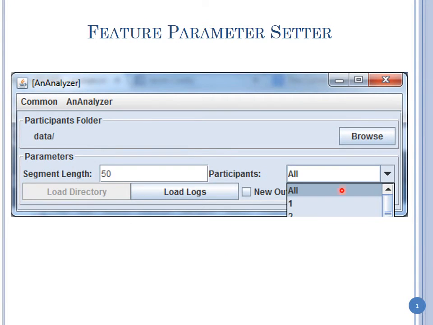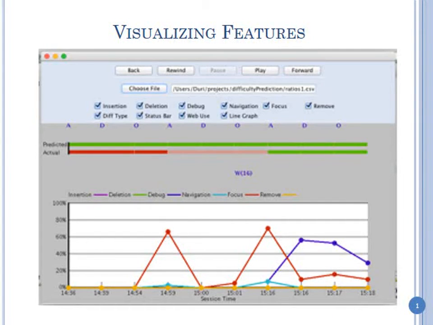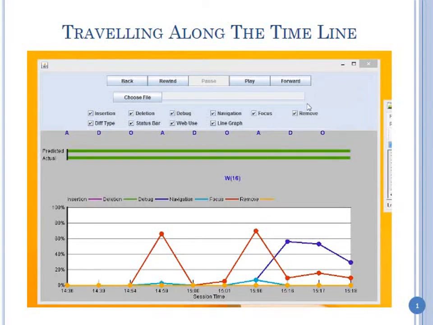We have developed an interactive tool that allows feature parameters to be varied for various combinations of participants in the task. We've also built a tool that shows the values of these features at different times, along with the predicted difficulty level, the actual difficulty level based on corrections, and the type of the difficulty, whether it is a design barrier, an API barrier, or has to do with incorrect output. This tool allows one to travel through the timeline